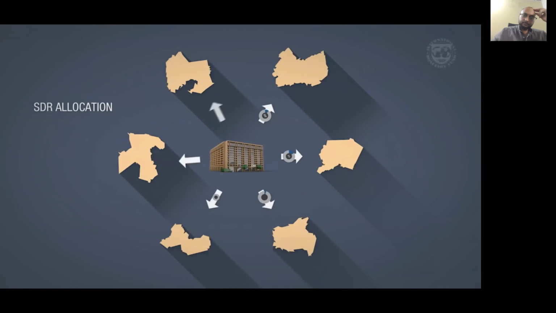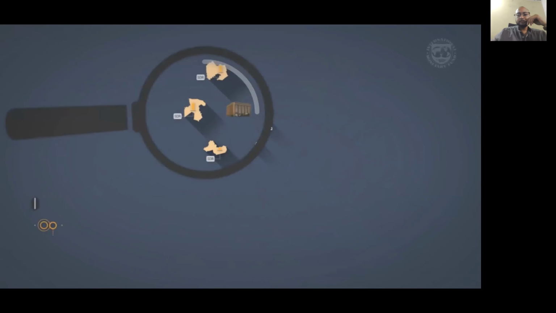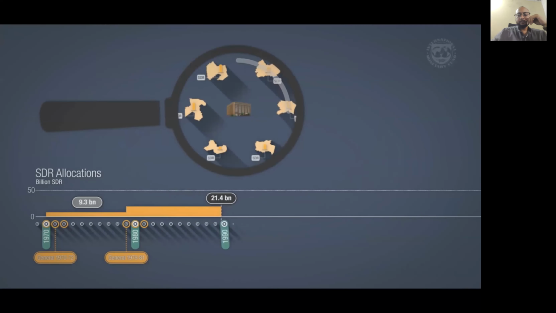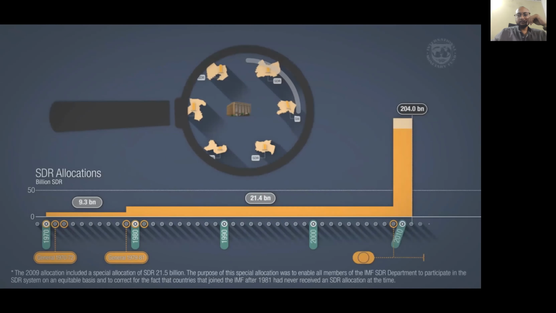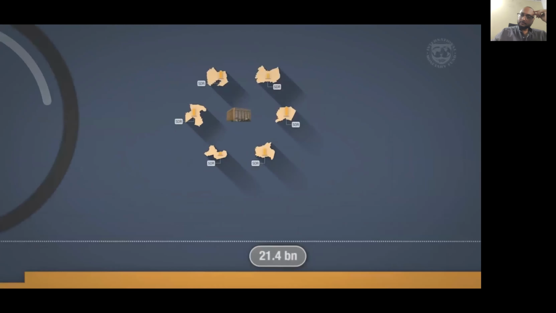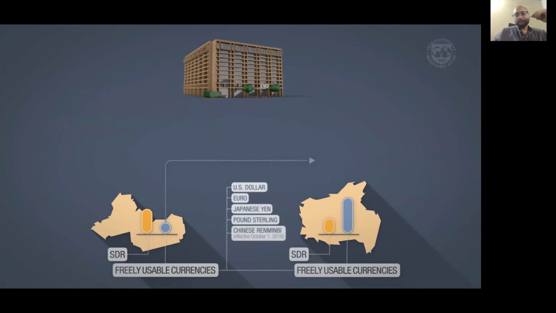SDRs are allocated to members in proportion to their IMF quotas and relative economic standing in the world economy. Every 5 years, the IMF reviews whether there is a global need for additional international reserves to justify a new allocation of SDRs. The most recent and by far the largest allocation took place in 2009 as part of the response to the global financial crisis. Currently, the amount of SDRs stands at over 204 billion. These allocations provide each member with on-demand access to freely usable currencies. Members can exchange SDRs for freely usable currencies from other members to meet a balance of payments need or to adjust the composition of their reserves. The SDR